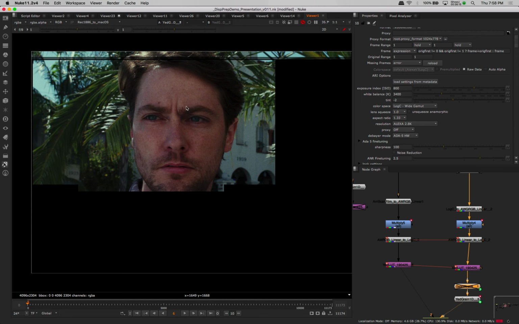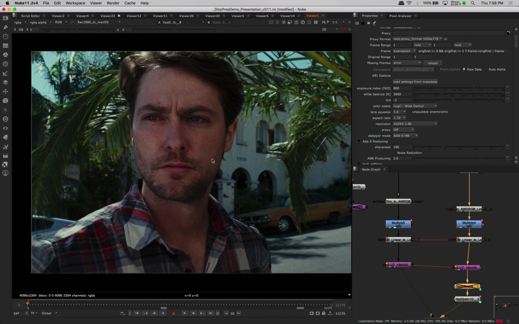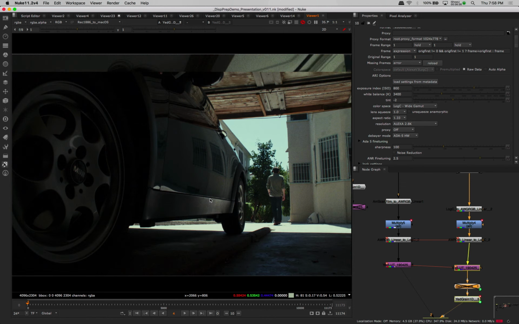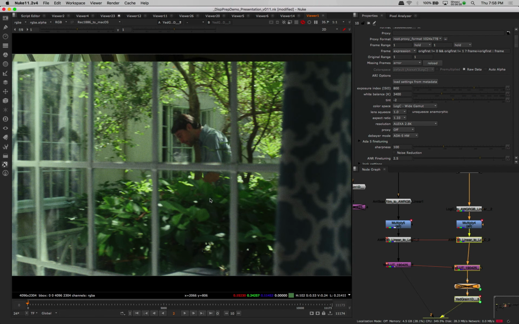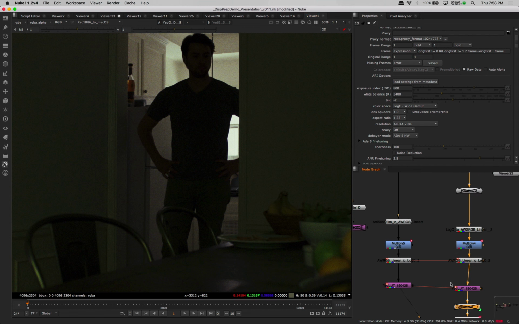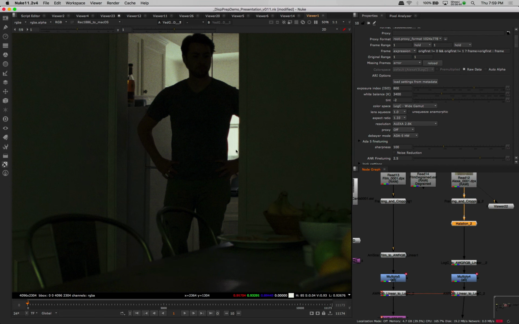But what if we were going for a different look? What if instead of a traditional film print look, I was going for a slightly cleaner, more contemporary look? Maybe I still wanted these colors, but I didn't want the grain, and also, besides that, film has edge halation, which means,